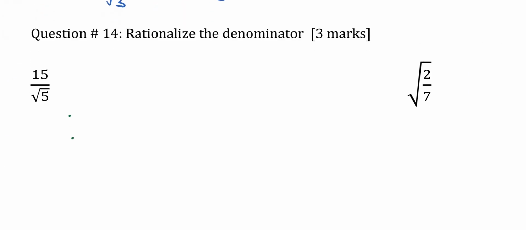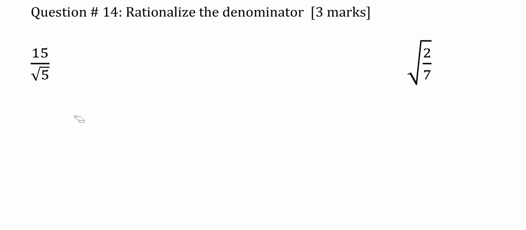Okay, let's go to question number 4, rationalize the denominator. This is the concept that was used to simplify the last radical in the previous problem. If you're rationalizing the denominator, just take a look at the radical on your denominator for each expression, and you just times top and bottom